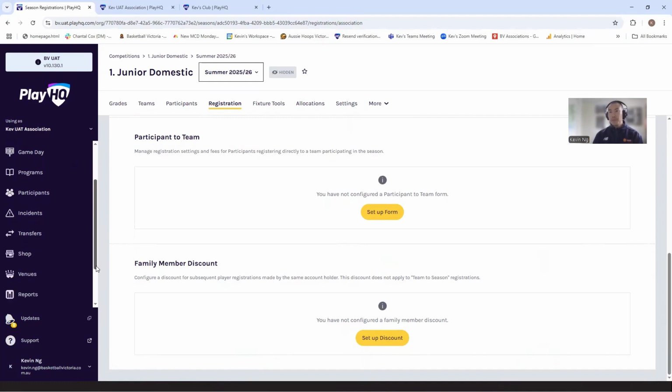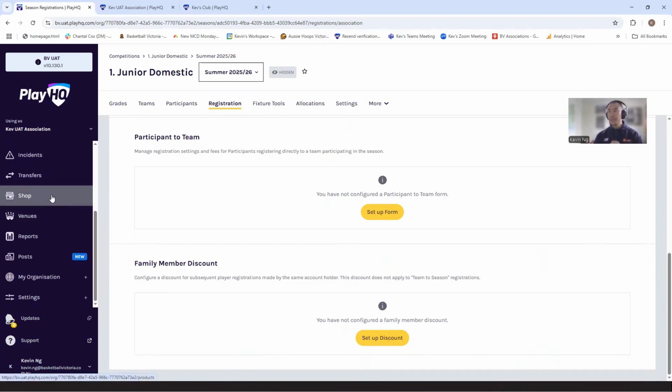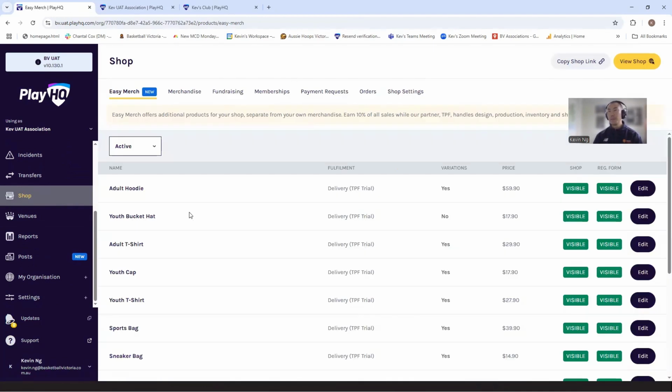The third supplement that you could set up is products, and again, these only apply to registrations at your level, not to club registrations, but you could set them up in shop. And there are a couple of different options here where you could set up your products, where you've got Easy Merch, where